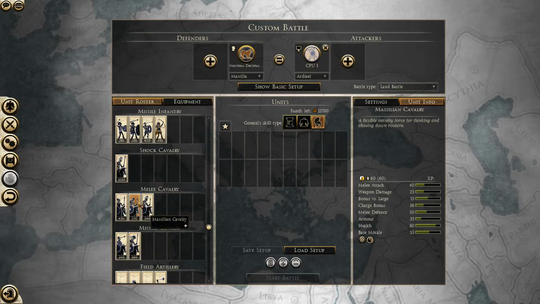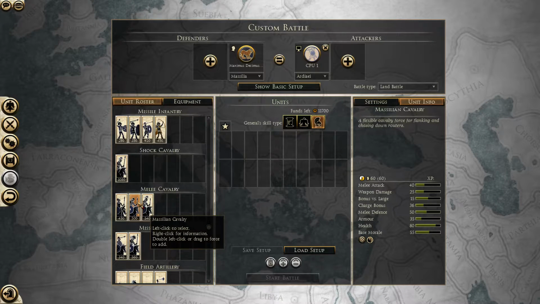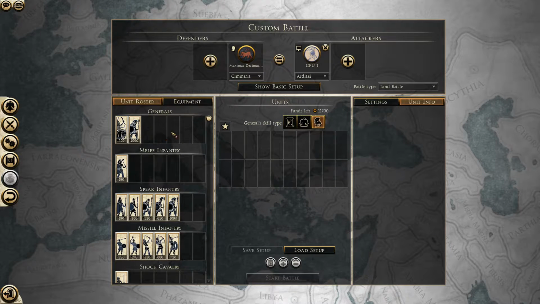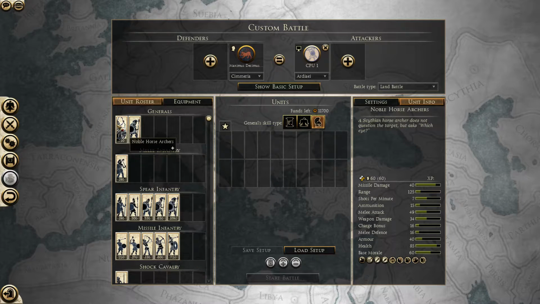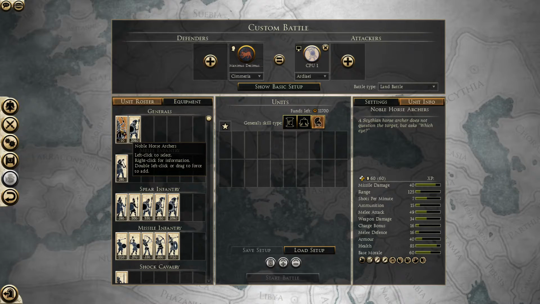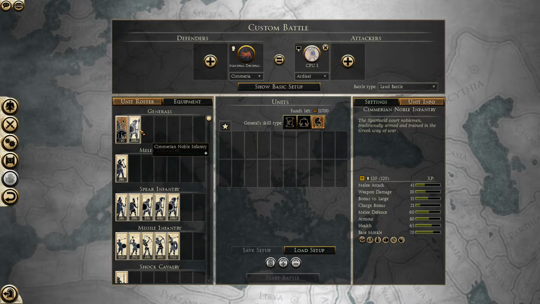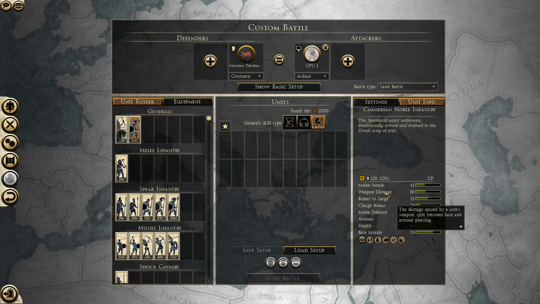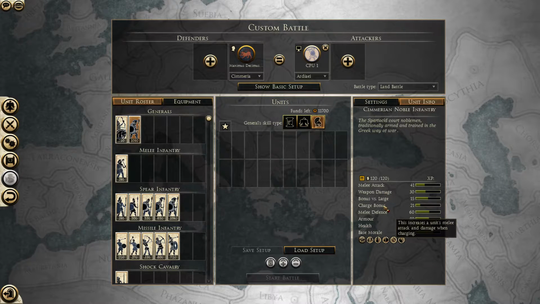So their unique cavalry unit is this very cheap Massilian cavalry that's going to be very useful in dealing with enemy skirmishers. We have Chimeria, and these guys have a pretty interesting roster. For your general, you can go for noble horse archers with 40 missile damage, good melee attack stats, and just overall a solid horse archer unit, or you can go for the Chimerian noble infantry. The Chimerian noble infantry have a nice melee attack for being a spear unit, they have the 8 armor piercing, they have a quite lowish charge bonus for being so expensive, but they are going to be fairly tanky and